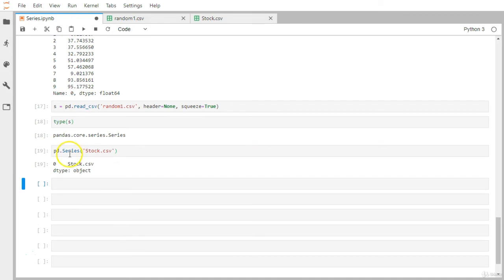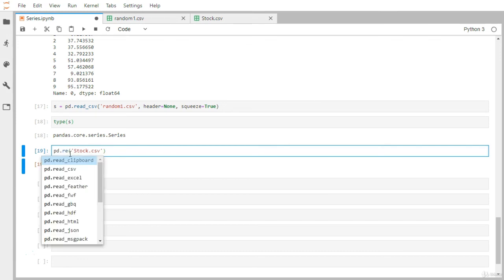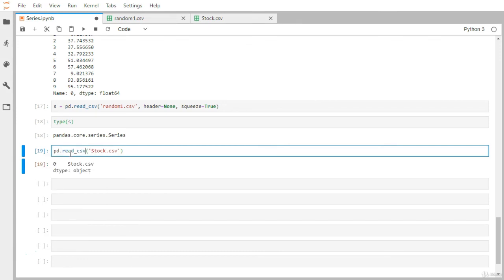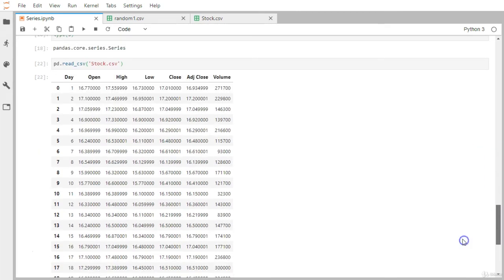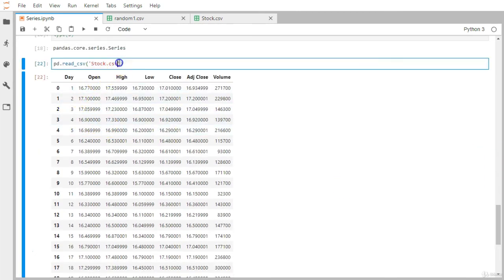Okay, sorry, I have to use the method read_csv. So you can see it has just created a series with one object, stock.csv as a name. Now you can see it has generated this full data frame object, but we don't want to create the data frame object, so we are going to use the squeeze parameter.